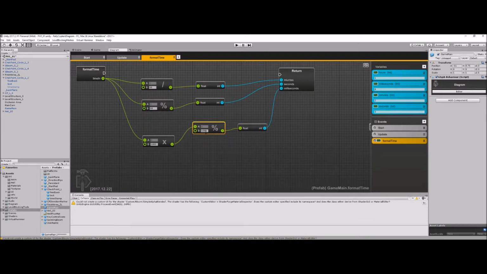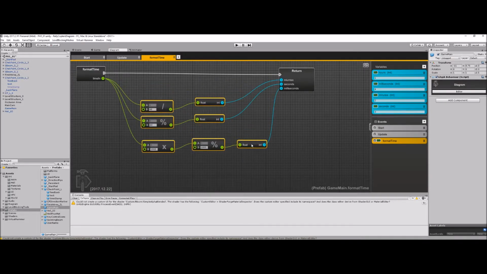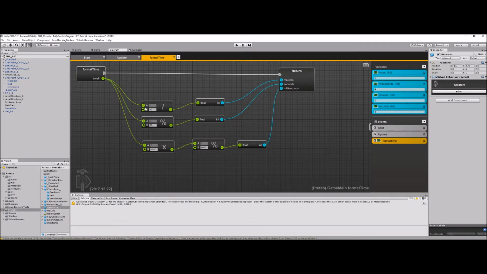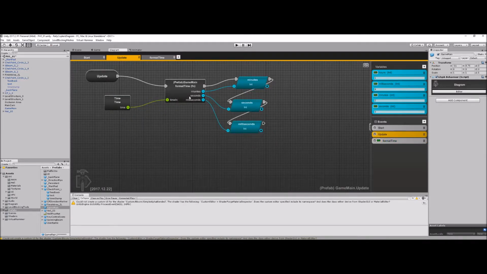So now that I have this function called, I need to remember this has an execute. This will not run unless I bring the logic across. If you see the white triangle mark execute kind of node there, I must hook that up. If I don't hook that up, the logic doesn't run. And I'm getting the time that's passed in, time in, comes in here, does all these calculations, then spits out the actual answers I want, and then back in update, I fill in the variables